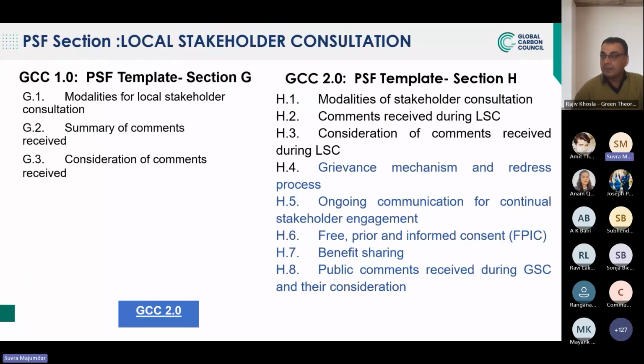So now coming to the requirement of the local stakeholders consultations. The local stakeholders consultations requirement has a revamping based on the requirement of the additional market eligibility level and the certifications level. So here, under the GCC 2.0 template, the PO has to additionally describe the grievance mechanisms and its redressal process, ongoing communications for